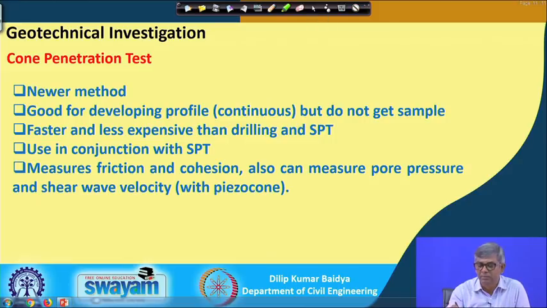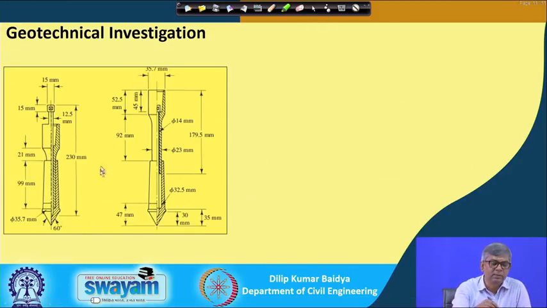So, I just mention the minimum here. Typically a cone penetration instrument looks like this, the main part is this one. They have these dimensions, this is the one, and when it is collapsed it can be extended. So, this becomes the dimension, the dimensions of different parts are shown here. Through this, when you are pushing, there will be an arrangement for recording the friction value and resistance values. I will show you in the next slide,